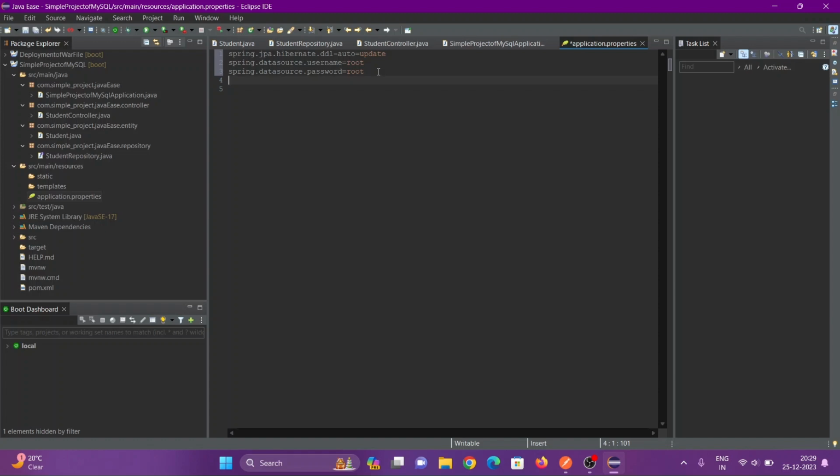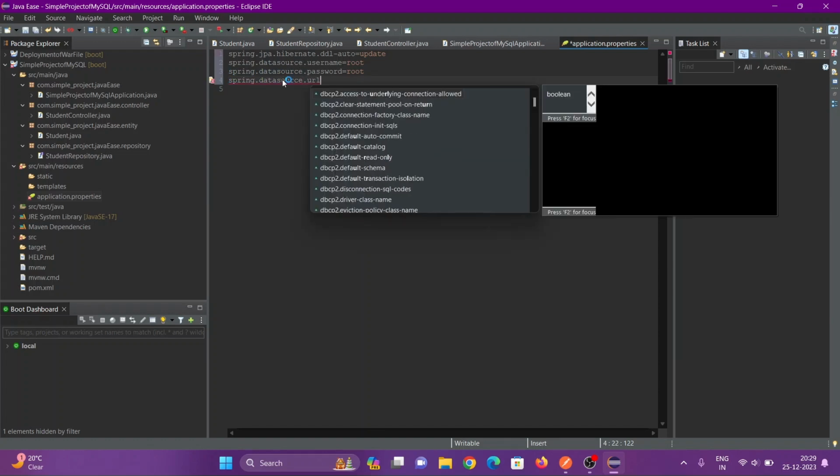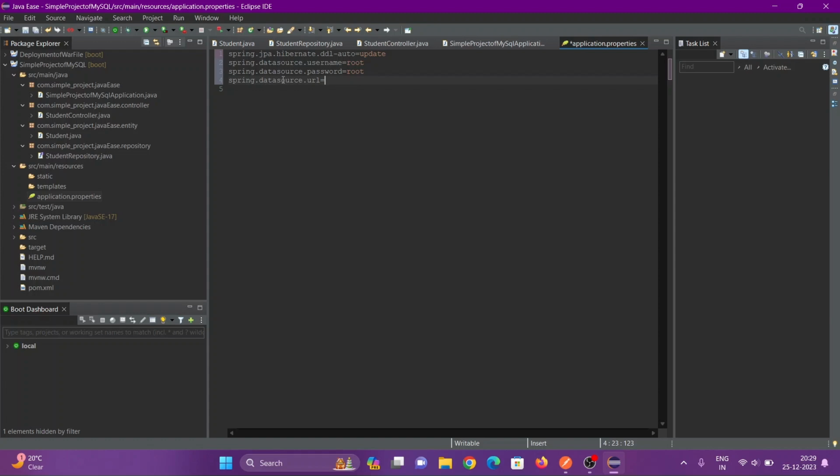Now we use spring data source dot URL. What is our URL? jdbc colon mysql colon slash slash localhost colon, and our MySQL is running on 3306 port. Okay, so we use it here, and after it we use the database name. So here we use MyDB database. Okay,